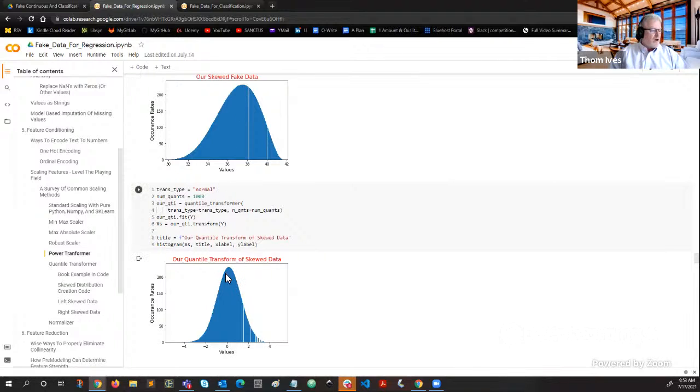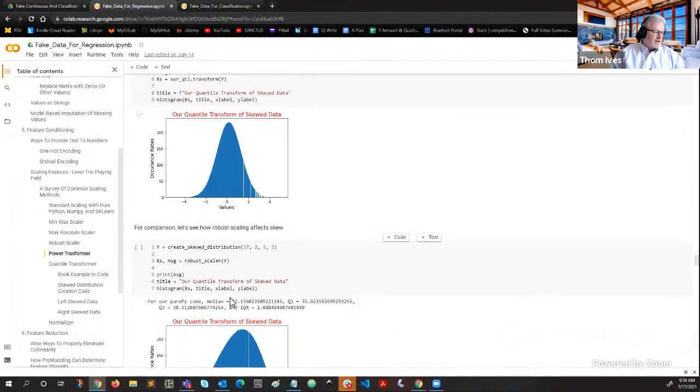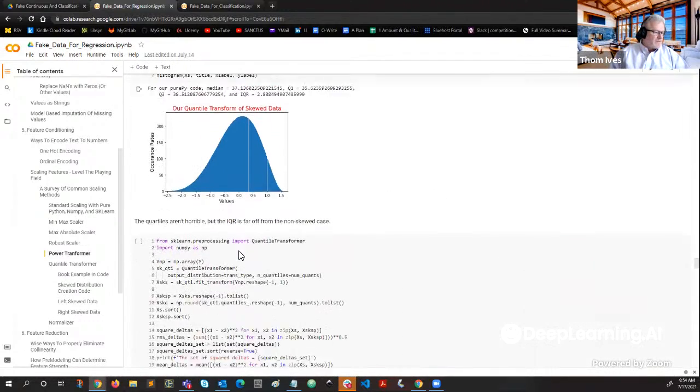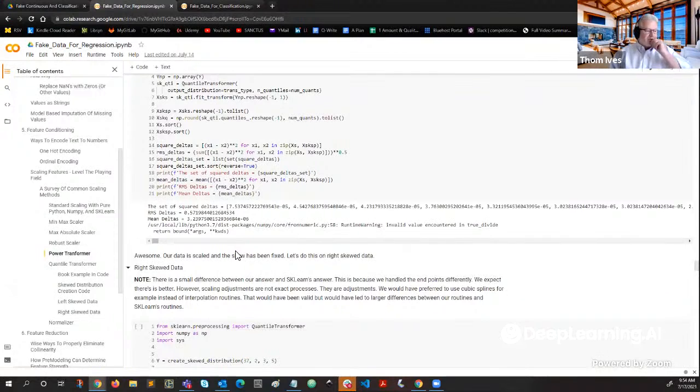But look at what the quantile transformer does. It's not exactly over 0, but this is close enough to use in your linear regression, and very, very powerful. So that's enough for today. We'll pick up here 2 weeks from now and go into quantile transformer, which might take the whole lecture, but will be